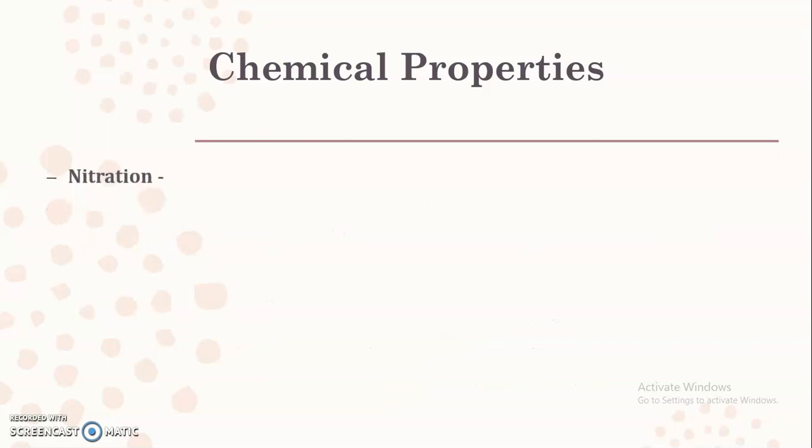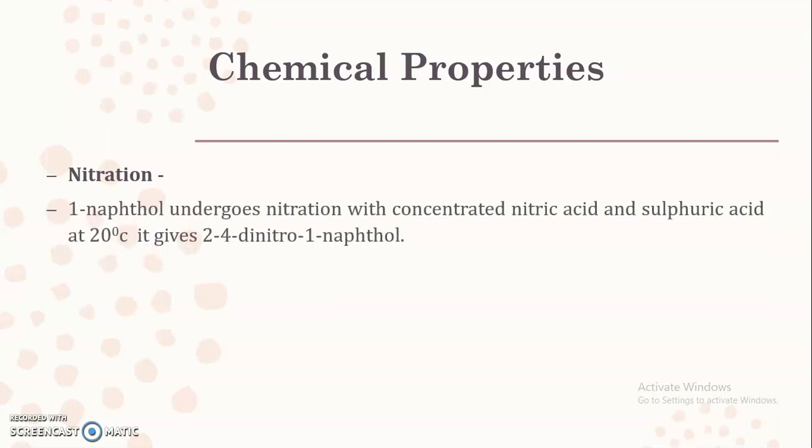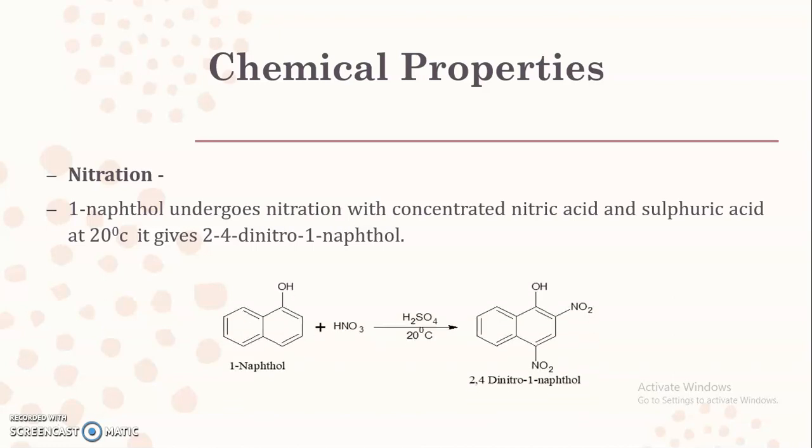The next chemical reaction shown by alpha naphthol is nitration. Here, 1-naphthol is treated with a mixture of concentrated nitric acid and sulfuric acid, that is, fuming nitric acid is used. You know that fuming nitric acid is nothing but a mixture of concentrated nitric acid as well as concentrated sulfuric acid. Now this mixture, when treated with 1-naphthol at 20 degrees Celsius, gives us 2,4-dinitro 1-naphthol,